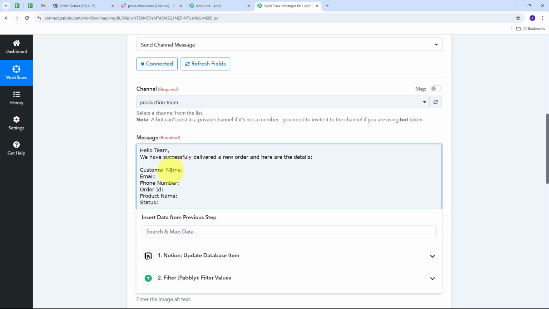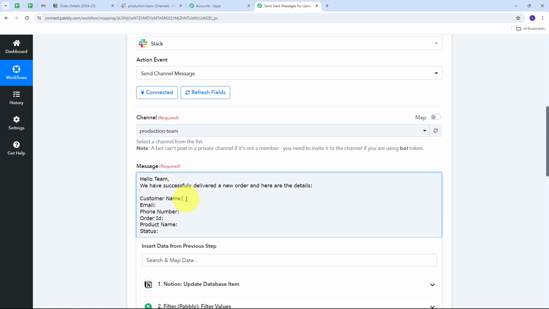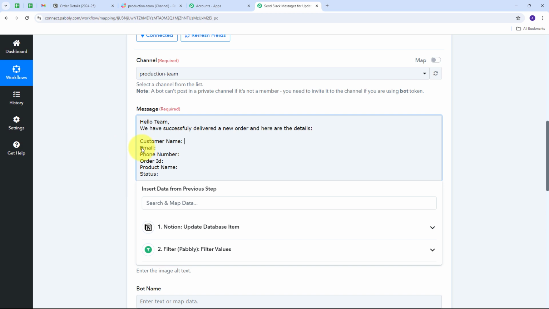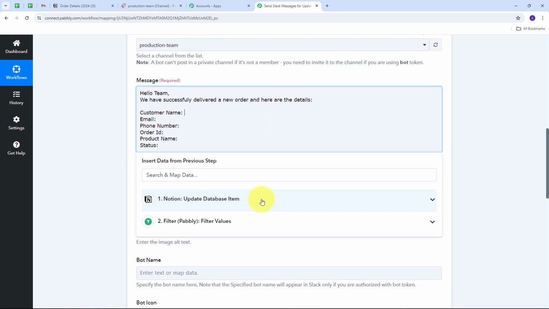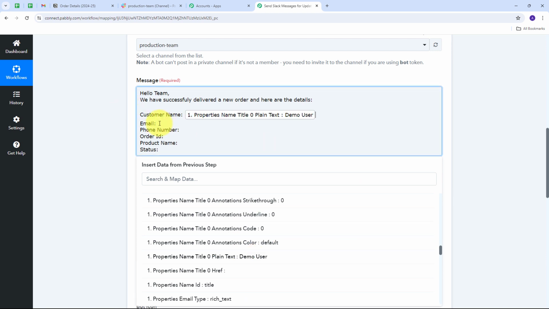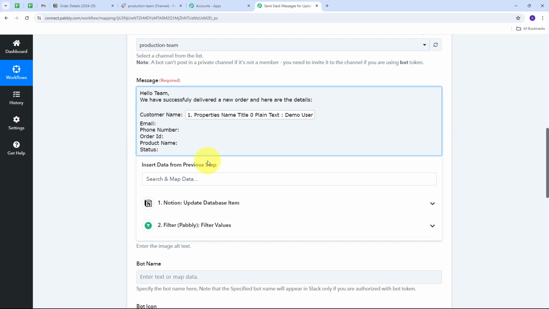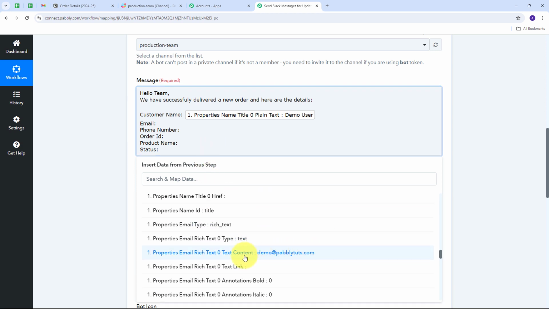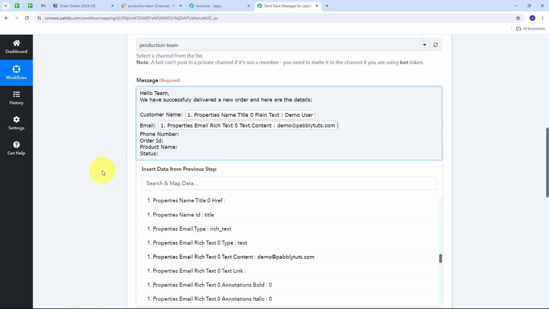Mapping is a technique through which I can retrieve the data from the previous steps, and the data that is changing will get replaced with the new data in real time. So for mapping, I need to first click here, give a space, and map my customer name. I'm going to open this response of Notion, and here this is my customer name, so I'm going to map this. Similarly, I'm going to map the email address, so I click here, give a space, open the response of Notion, and here this is the email address, so I'm going to map this. Now I'm going to map the phone number,